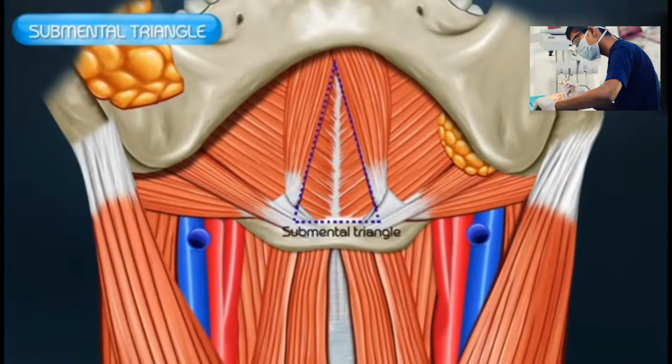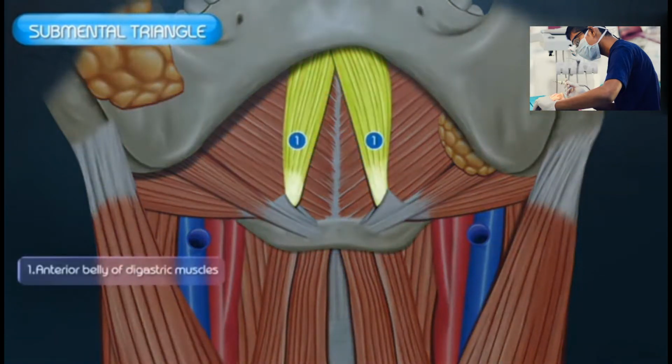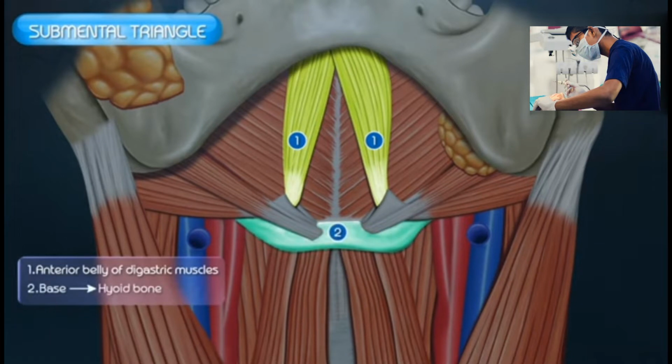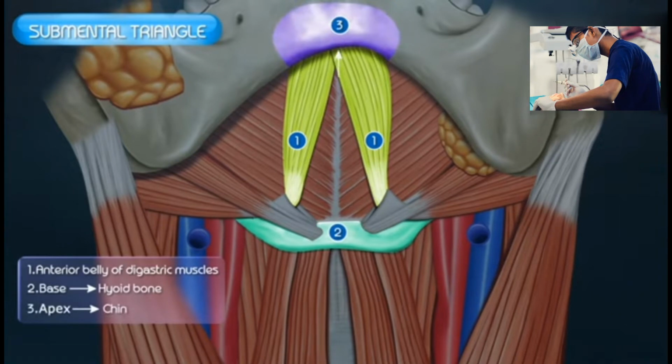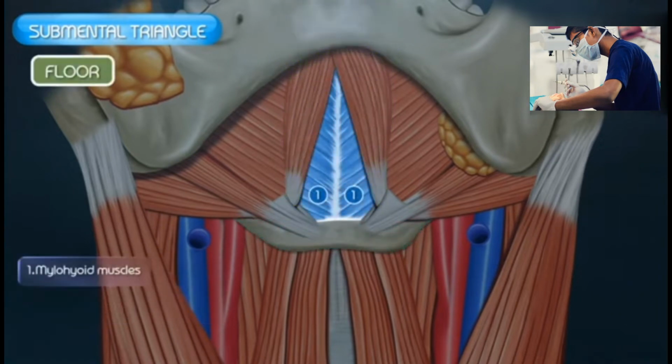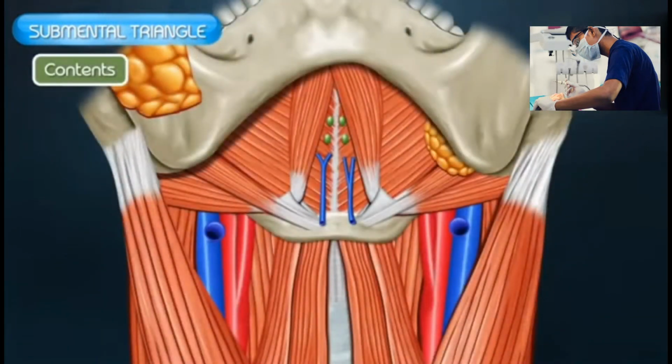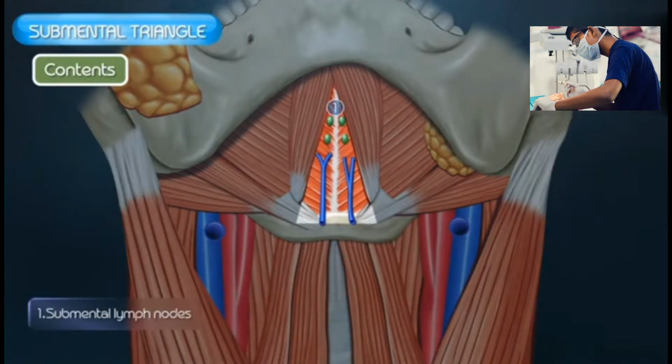Submental triangle is the median triangle that is bounded on each side by the anterior belly of the digastric muscles. The base is formed by the body of the hyoid bone and the apex is formed by the chin. The floor of the triangle is formed by the union of right and left mylohyoid muscles and the median raphe uniting them. Contents of the triangle are 2 to 4 submental lymph nodes